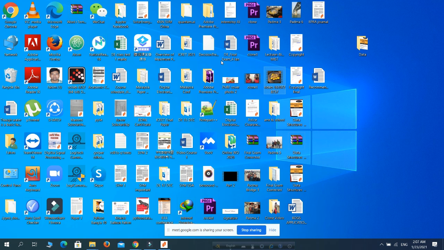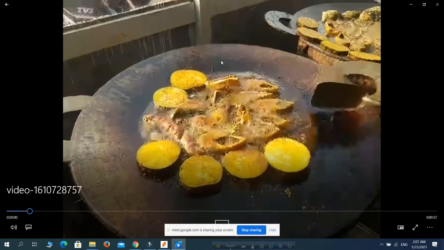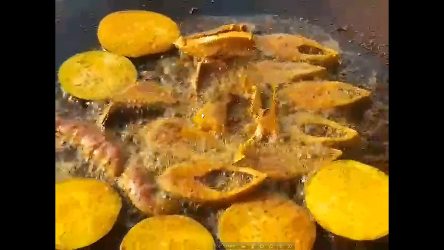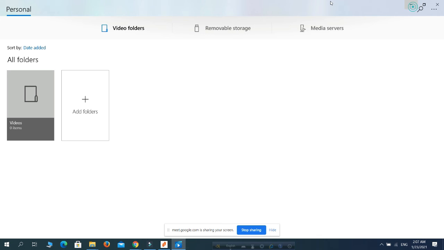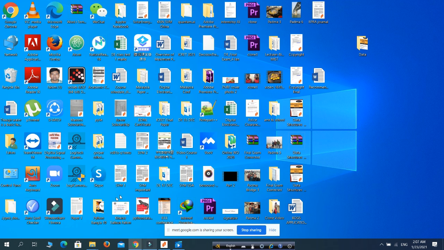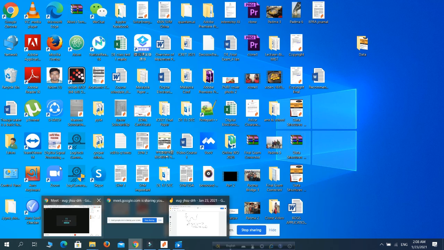Just click on this. I think this is the easiest way of sharing videos and graphs. So yeah, as you can see, some delicious fishes are being cooked. This is an example of showing your video.